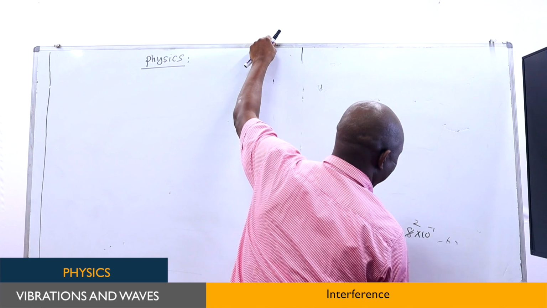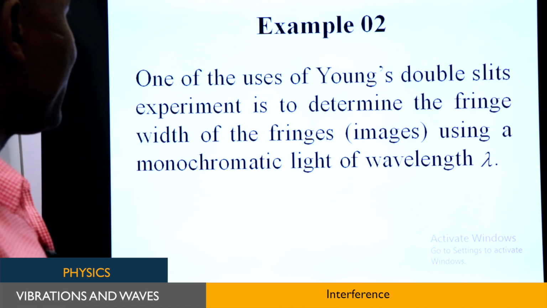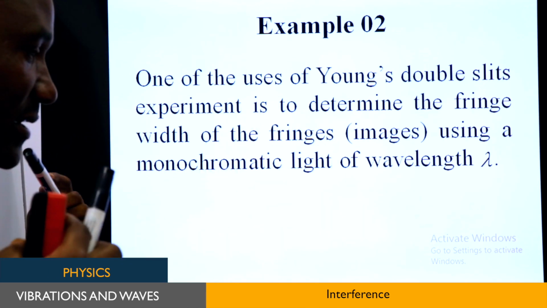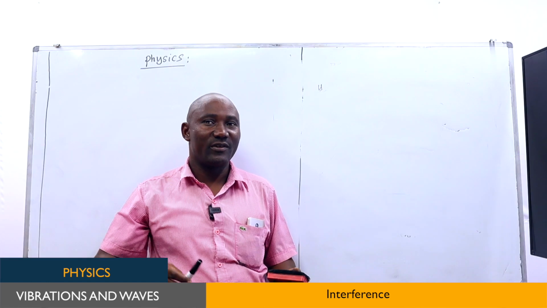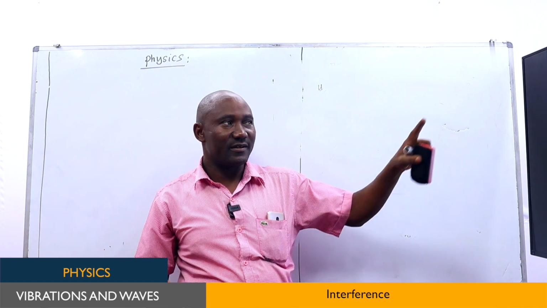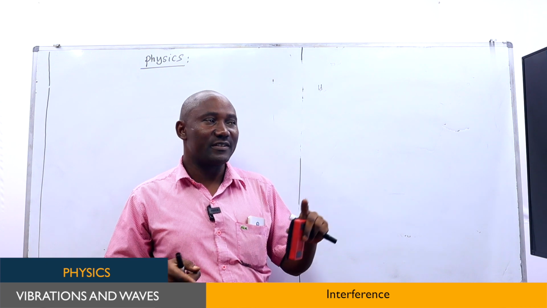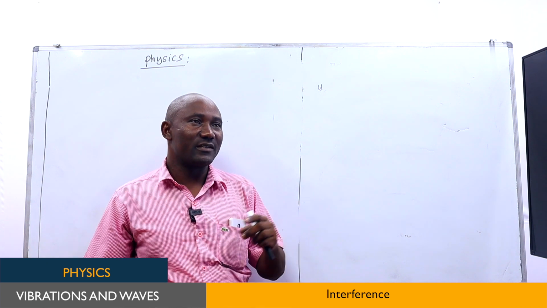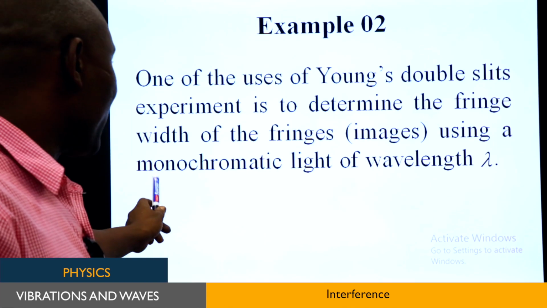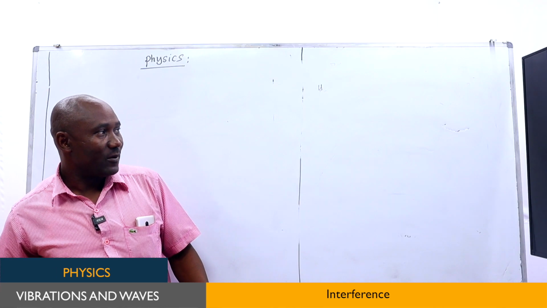Question number 2. In question number 2, one of the uses of Young's double slit experiment is to determine the fringe width. Of course, you have seen that if you use this experiment and you have the traveling microscope, you can see the position of the fringes from the center, and even the distance between two successive fringes. So you should have the monochromatic light of a known wavelength. The question now says,